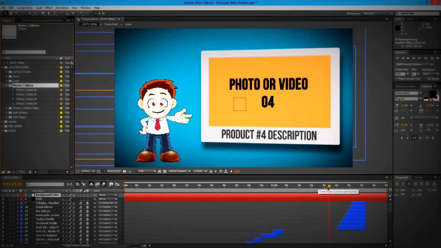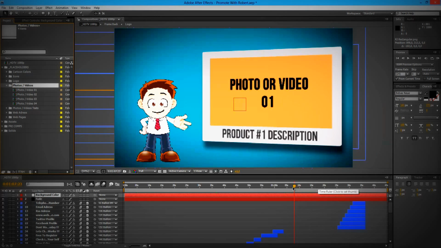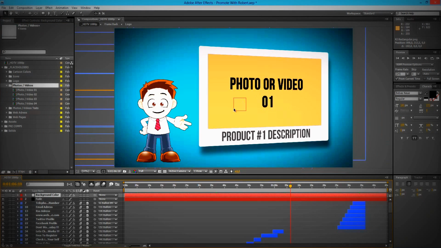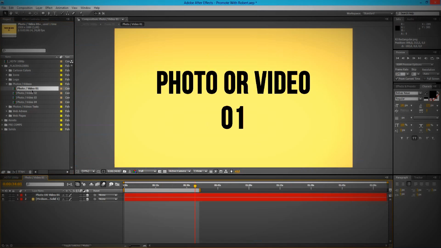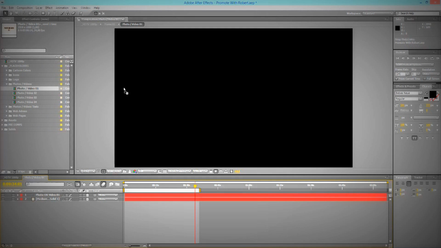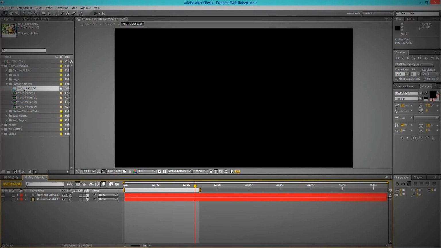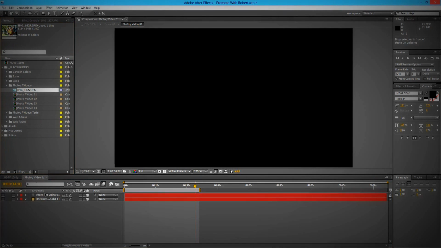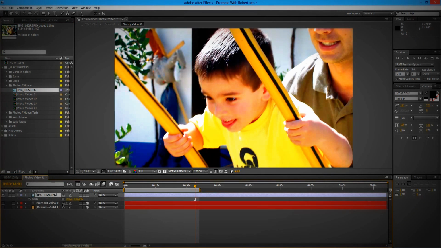Sorry, not at the end, right over here. So this will be the first photo or video. If we open the placeholder, you will find just the solid and text that you may disable, and I'm gonna bring a photo, just a straight, very simple photo of me and my son. I'm gonna bring it right on top. I'm gonna press S for scale,